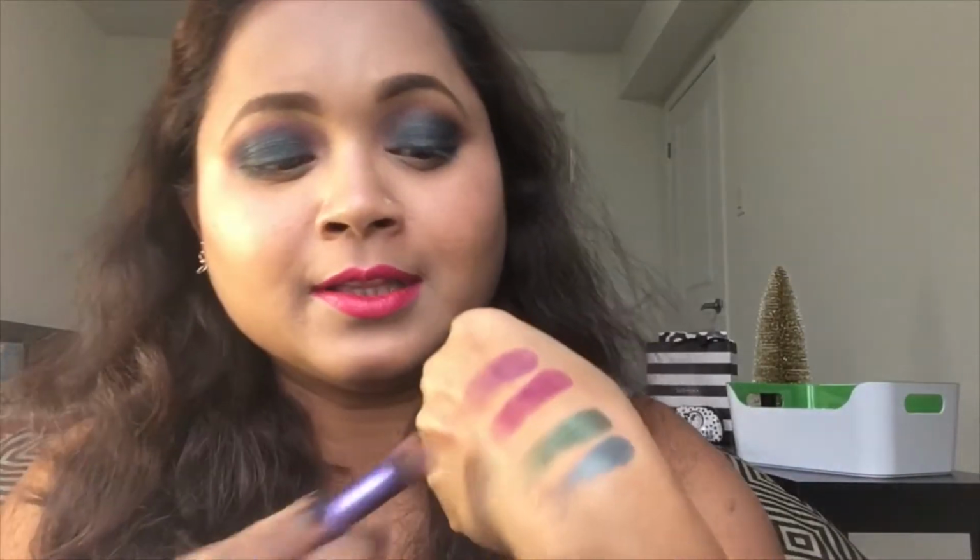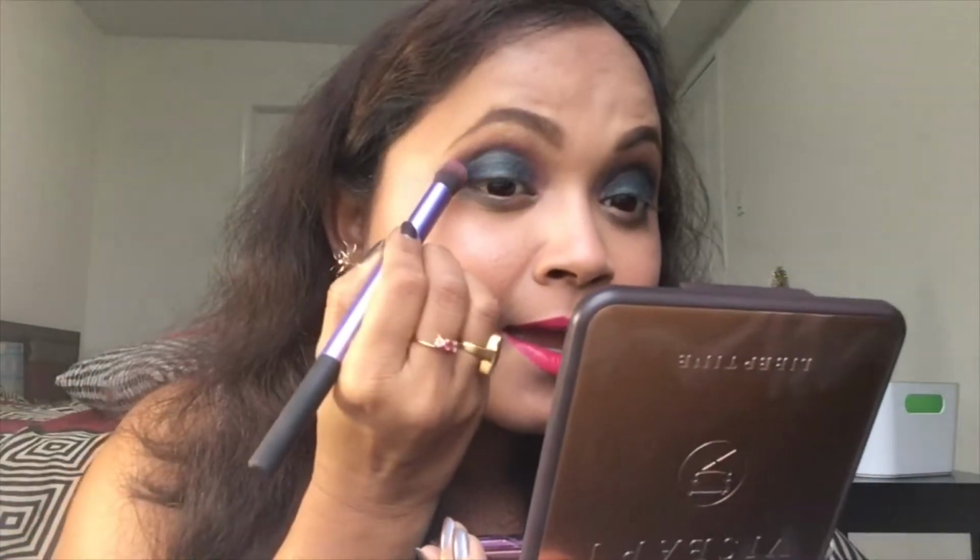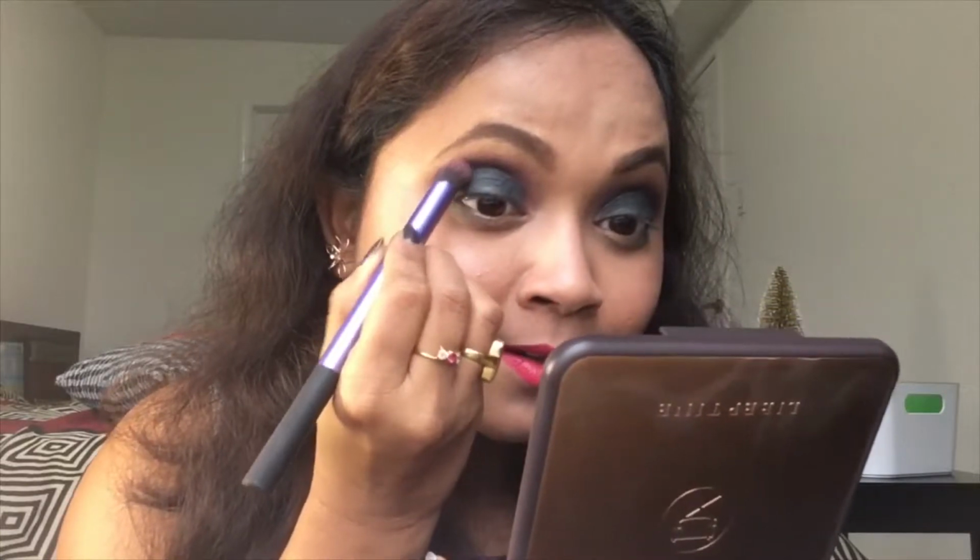Look at that. Just look at the color punch and look at the pigmentation and the gorgeous, just gorgeous. Sometimes it is beyond explanation, the feeling I'm getting from this beautiful look and from these shadows. Can't have enough of this purple. Yeah, love the purples. Taking my crease brush, it is a deluxe crease brush from Real Techniques, and I'm going over that